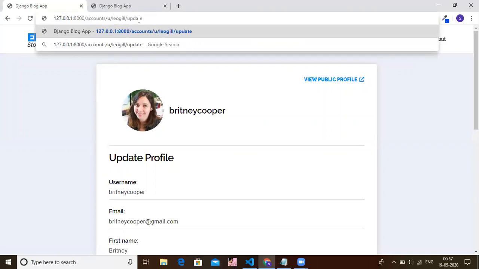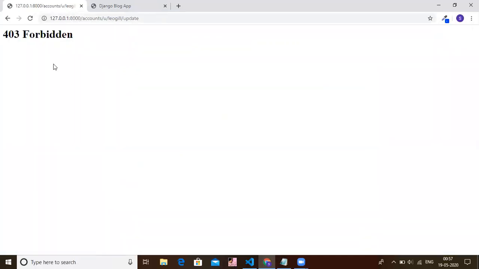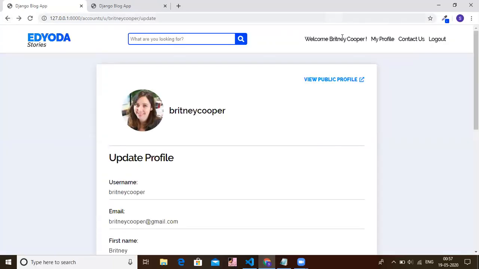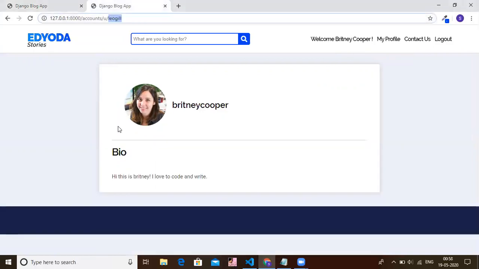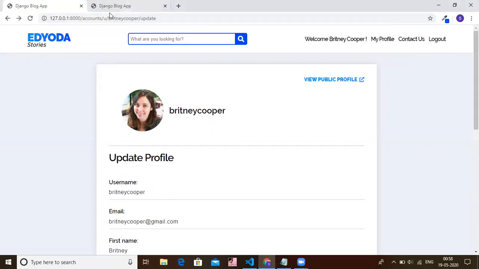Now if I hit enter, you can see it is not allowing us to access this page. This is because we are logged in as this new user that we created, Brittany Cooper, and we were trying to edit the profile for the other user, Leo. So that is how this restriction will work.